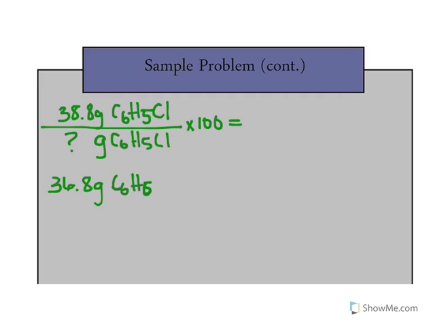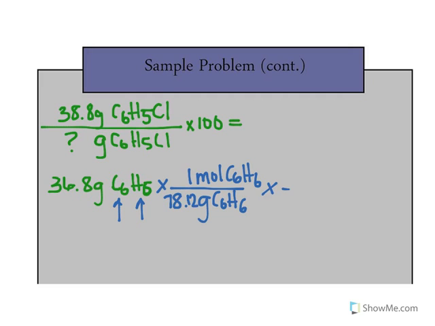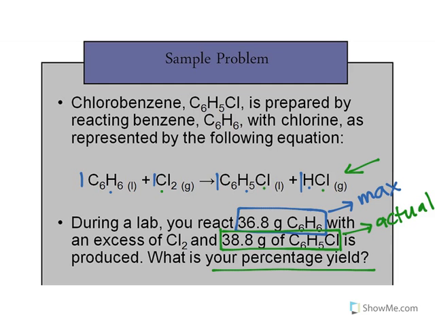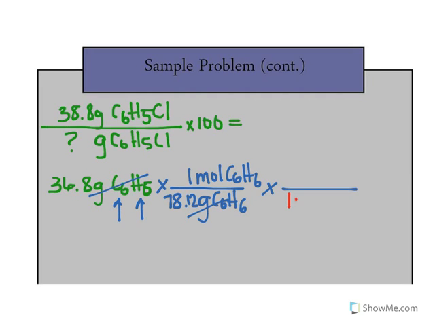So we're going to do that first by converting grams of C6H6 into moles so that we could do a mole ratio of the two substances. So we know that 1 mole of C6H6 has a mass of, I'm just going to add up, 6 carbon plus 6 hydrogen, and that gives you 78.12 grams. Okay, and now that I have the grams of C6H6 canceled out, now I can go back to my equation and figure out the ratio, and remember that everything was a 1-to-1 ratio. And so to get rid of the moles of C6H6, I'll put that on the bottom, and I know that that produced 1 mole of